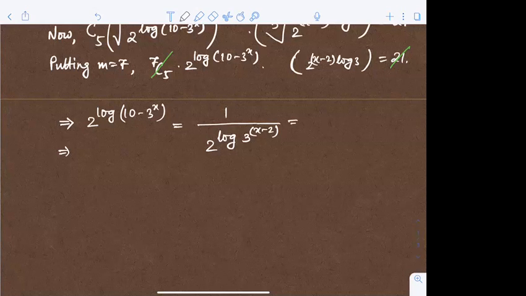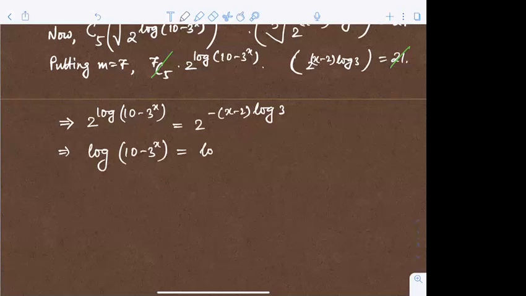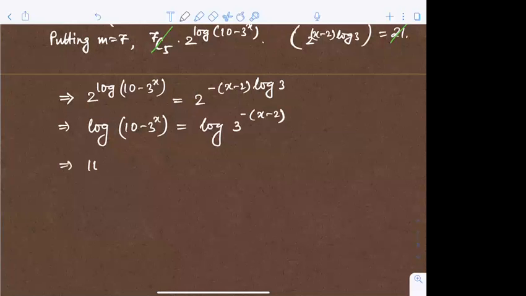এটা কি লিখবো তাহলে? এক মিনিট, এটাকে লেখার আগে কি আমি এরকম লিখতে পারি জাস্ট মাইনাস সাইন দিয়ে, মানে 1 by this মানে 2 to the power minus of x minus 2 log 3, এটা লেখা যায়। So now if these two are equal, then the power should also be equal, that is log of 10 minus 3 power x is equal to log of 3 to the power minus of x minus 2। So এটা যদি equal হয়, then 10 minus 3 power x should be equal to 3 power minus x plus 2,